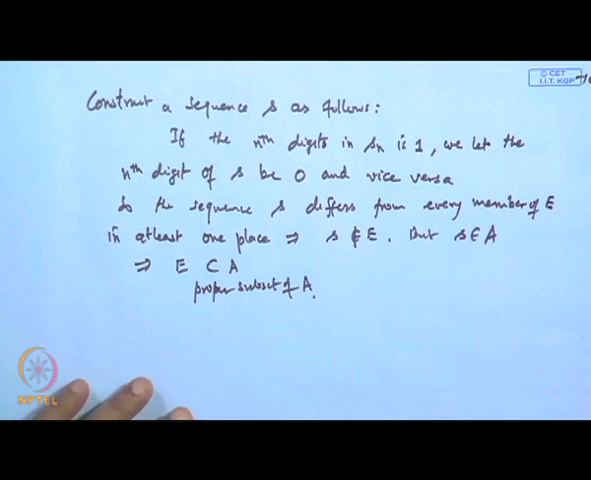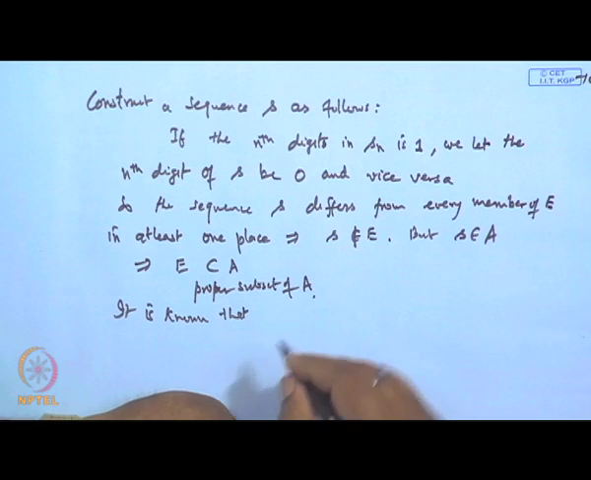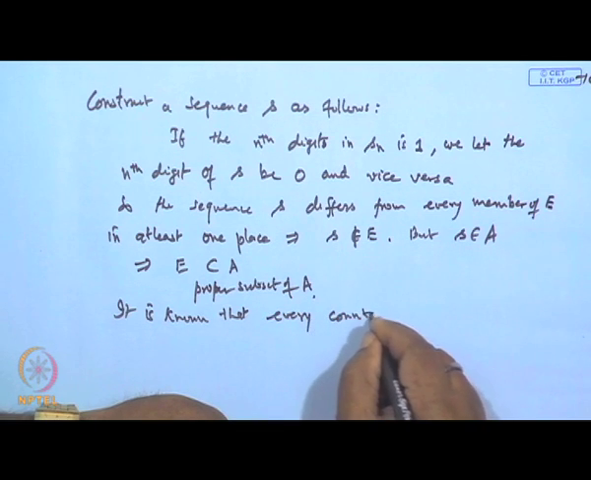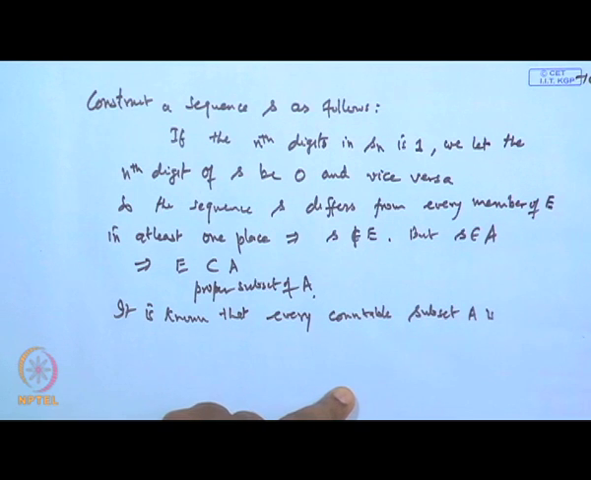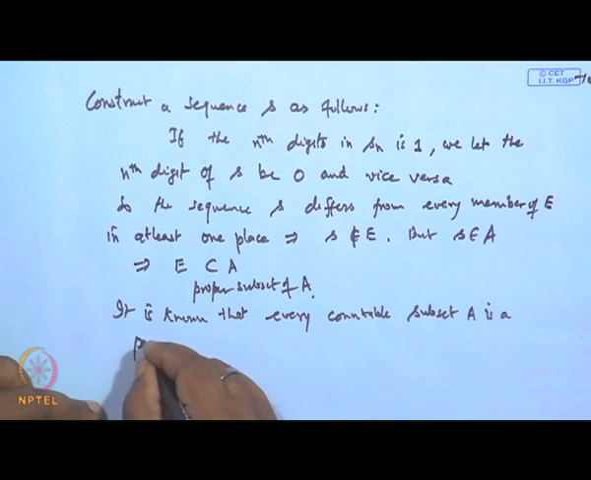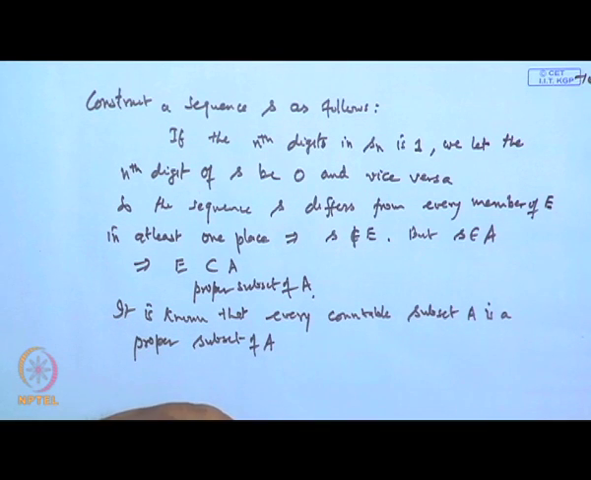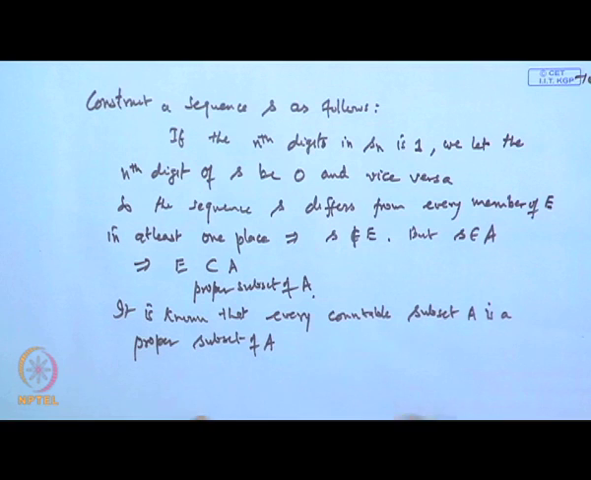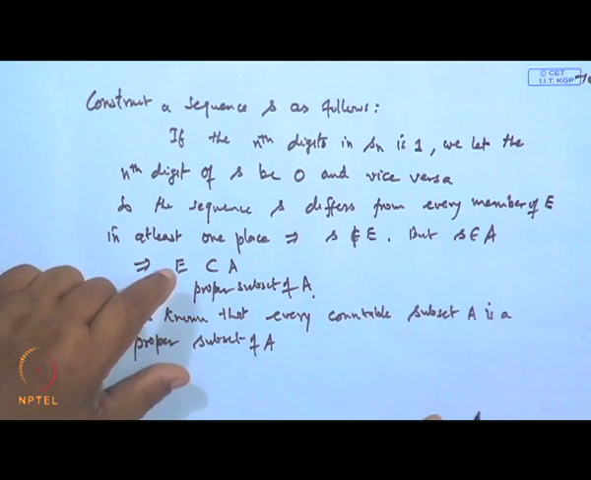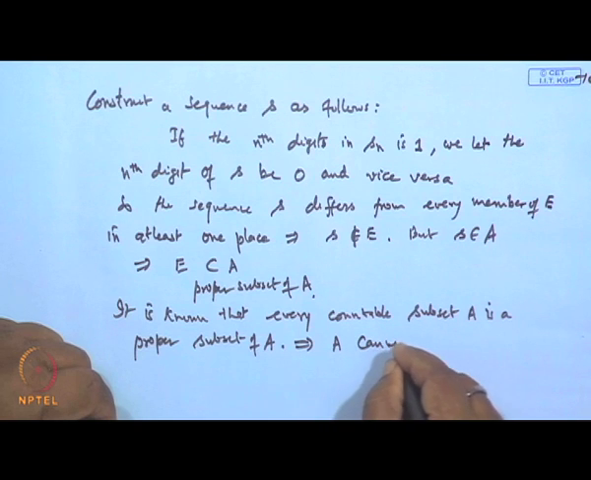Once we have already shown, and it is known, that every countable subset of A is a proper subset of A, this we have shown already. So A cannot be countable, because as soon as A is countable, the subset which you are getting must be proper. So this implies that A cannot be countable,